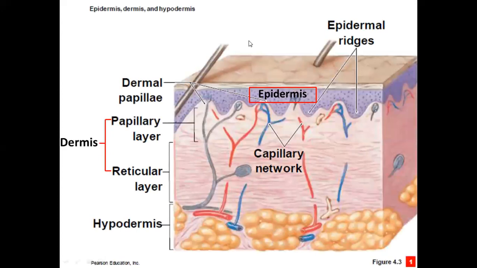We just finished talking about the major layers of the skin. We talked about mostly just the epidermis in the first half of this chapter. So now we're going to move on to the dermis. It's pointed out on this slide. So again, keep this slide nearby because we'll talk about the layers of the dermis, the papillary layer and reticular layer. And then we'll finish with the hypodermis, some age-related changes to skin, and then also skin repair in response